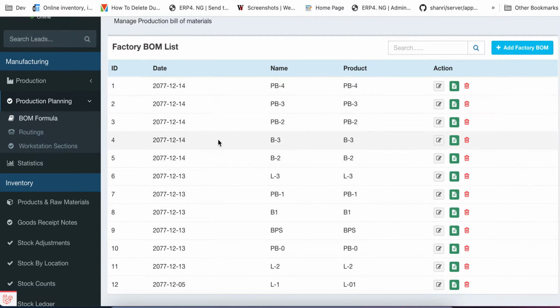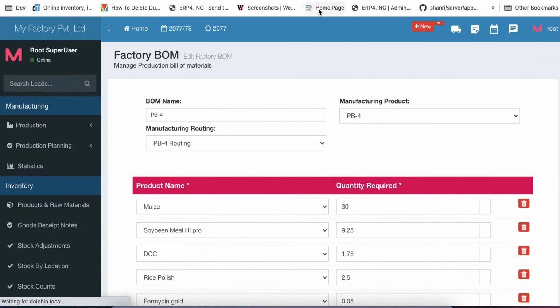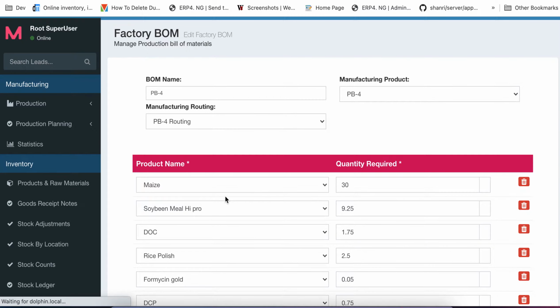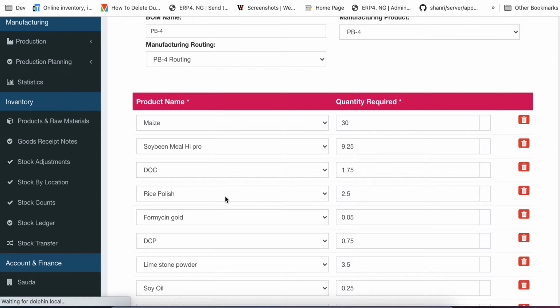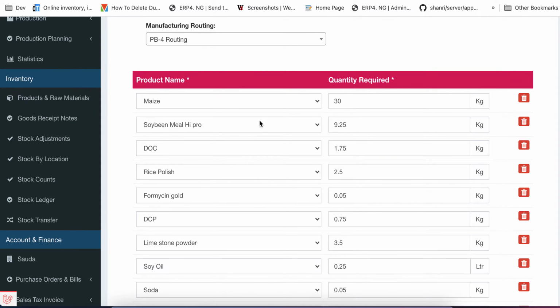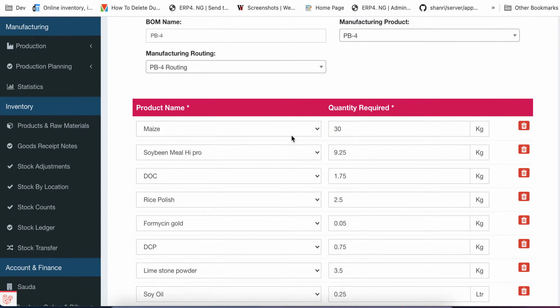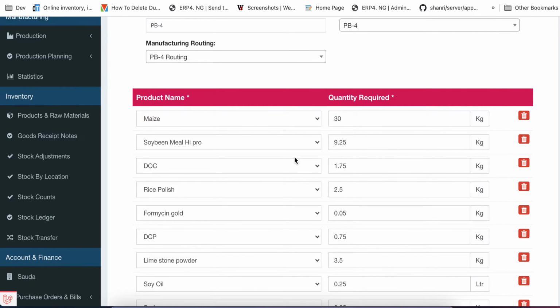So this is the material formula. Let's say to make the formula for the product PB4, we have the following. These are the raw materials. So to make a ton of maize, it needs the following. So it depends on ton or unit or whatever we are comfortable with. And then another thing is the